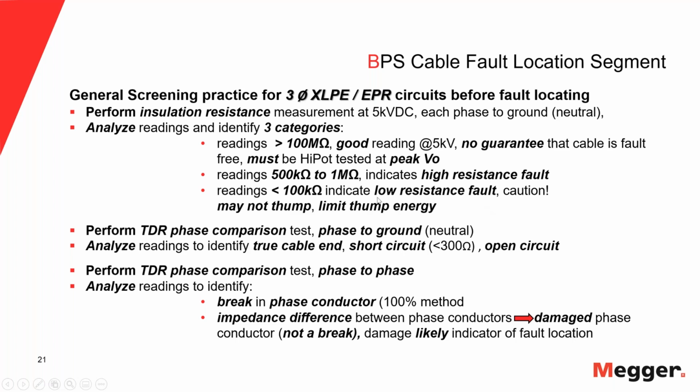But why do we do this? Because if we have a fault that is very low resistance and I dump enough energy into it, it could happen that I make that low resistance even lower to not completely a short circuit, but close to a short circuit, which then I will have a big issue pinpointing, because a short circuit fault is much harder to pinpoint than a flashing fault. So, but there are telltale signs as we go through the process that will suggest to us which way we have to go. And that is why it's so important to do some of the screening tests up front.